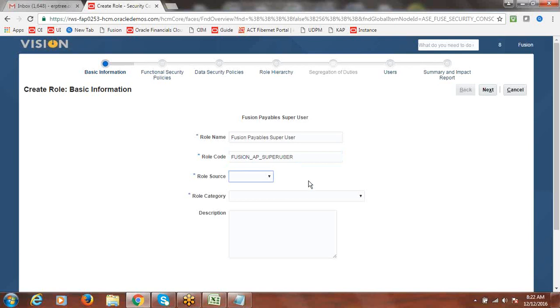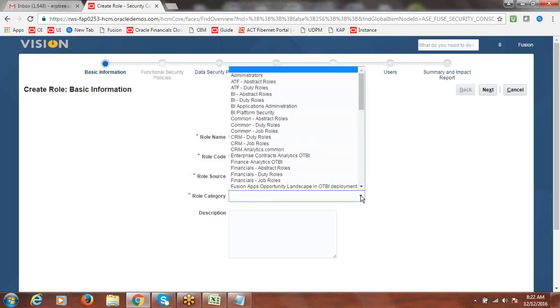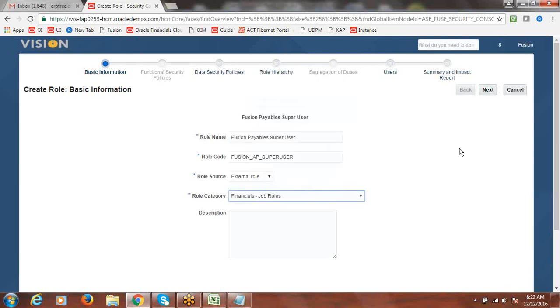Super User. Okay, we know those roles. Anything you can group into external or application related roles. Here I'm just selecting application roles. Application roles means the three types of roles we call external roles. Application means duty roles, the rest of the roles come under external. So here I selected external role. When I say external role, those are nothing but job roles.